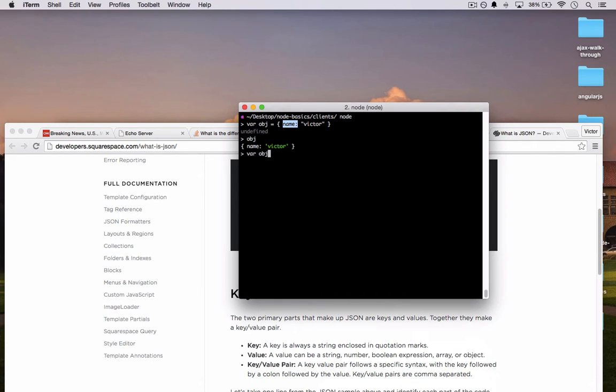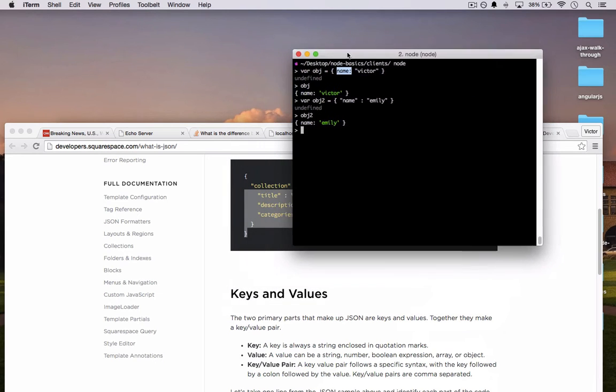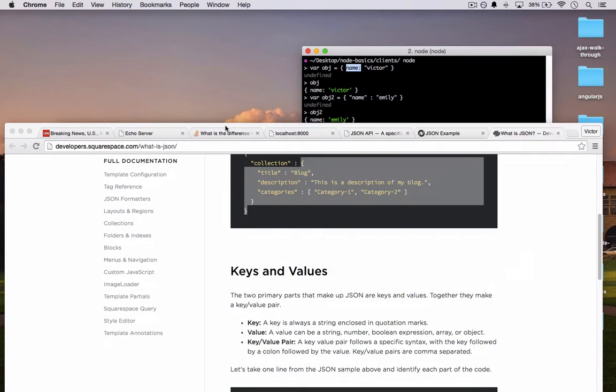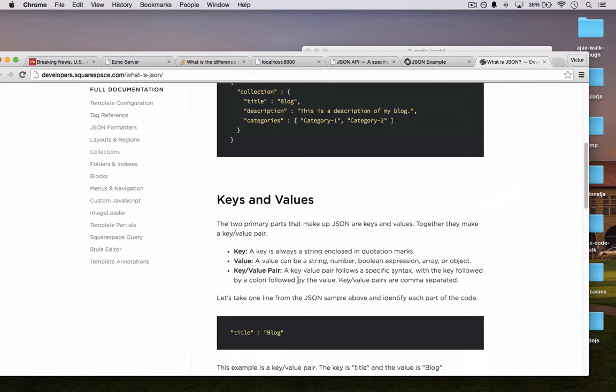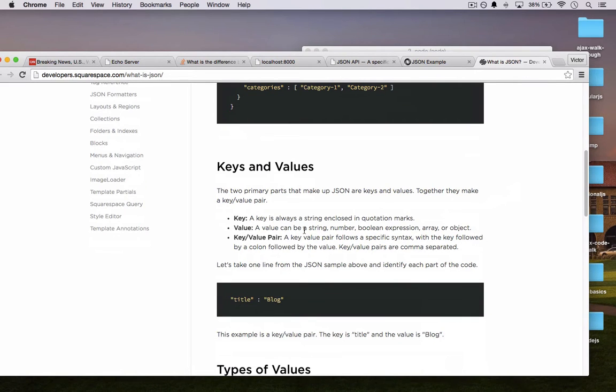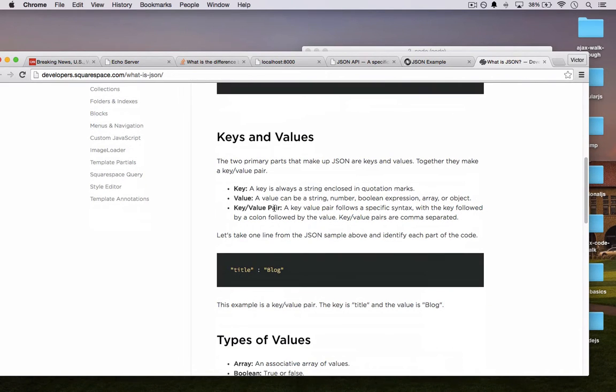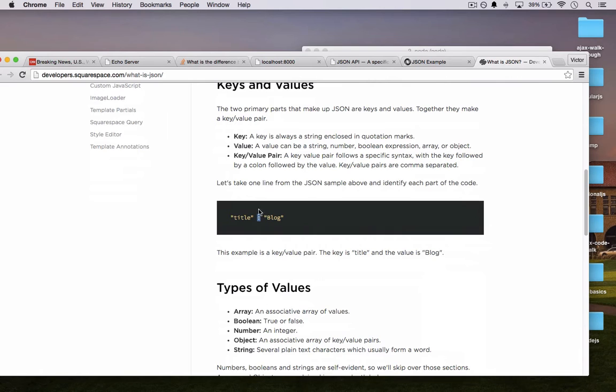Let's have another object too. This one can be put in here. And something like that. Obj2, same thing, no big effect. So those are some rules that you can see here. There's always a key, and this key has to be unique, and there's always a value. Any key value pair is separated by a colon, and the so-called values could be arrays, they could